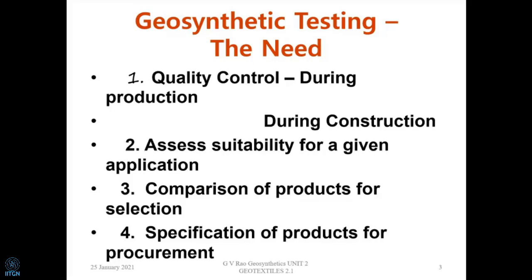I will only take what is the strength coming out at 2% or 1%. So that means we are suitably selecting a product basically on the functional requirement, how it's going to perform during the, as I said, design life of the structure now. So that's why we have to be quite clear on specification now. So we find that these four are the most important things when you go for geosynthetic testing, and later we'll say evaluation now.